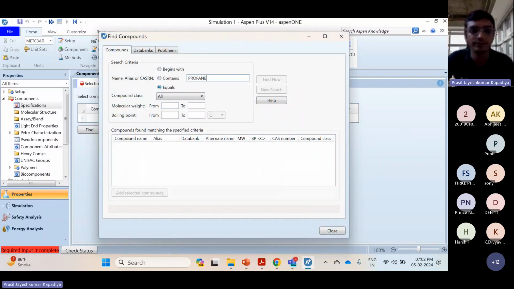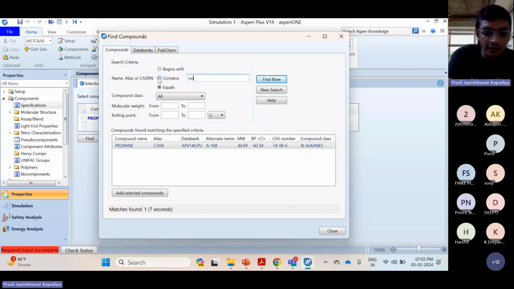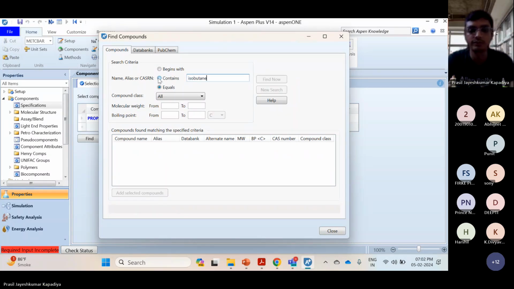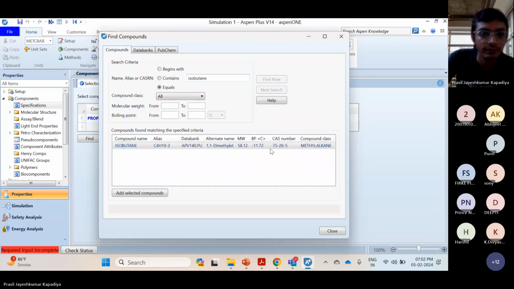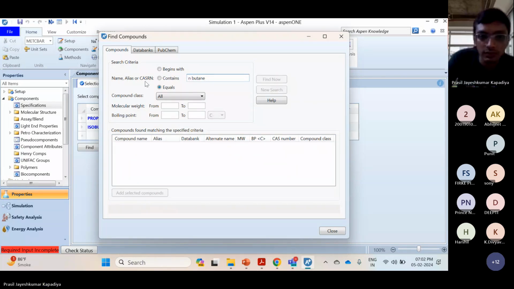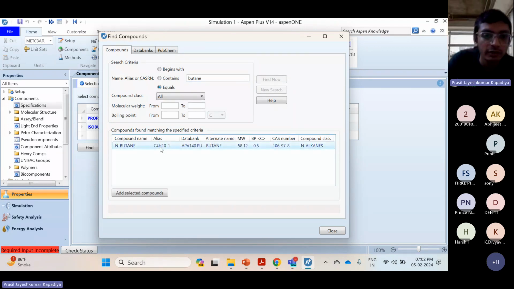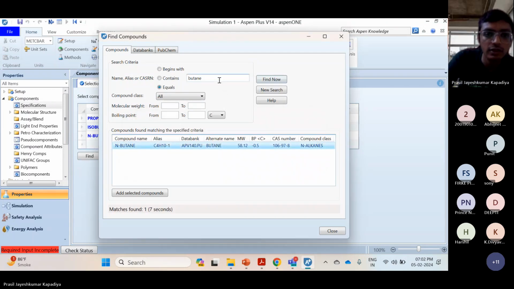Propane, then isobutane, N-butane. Okay, N-butane is not showing like this. Let me just write butane or one butane. Yeah, N-butane, add N-pentane,